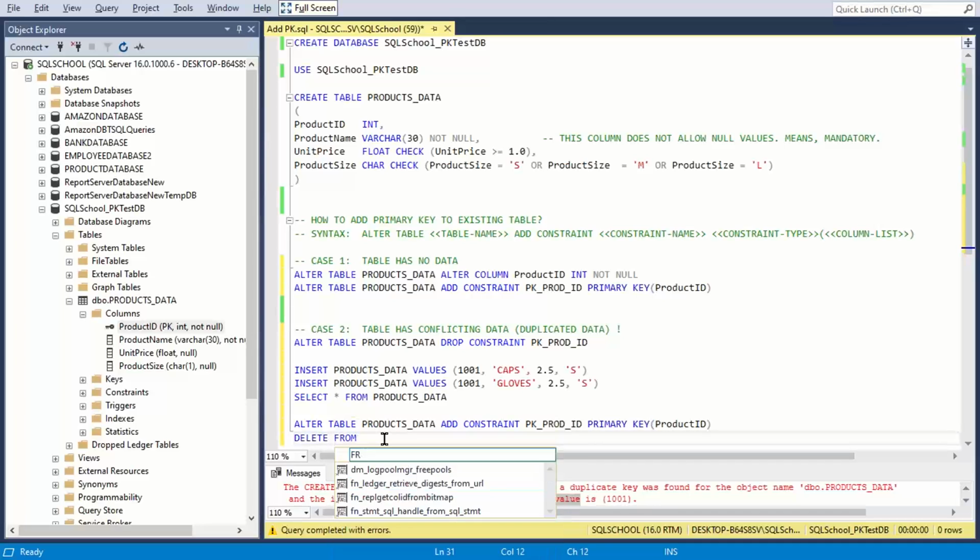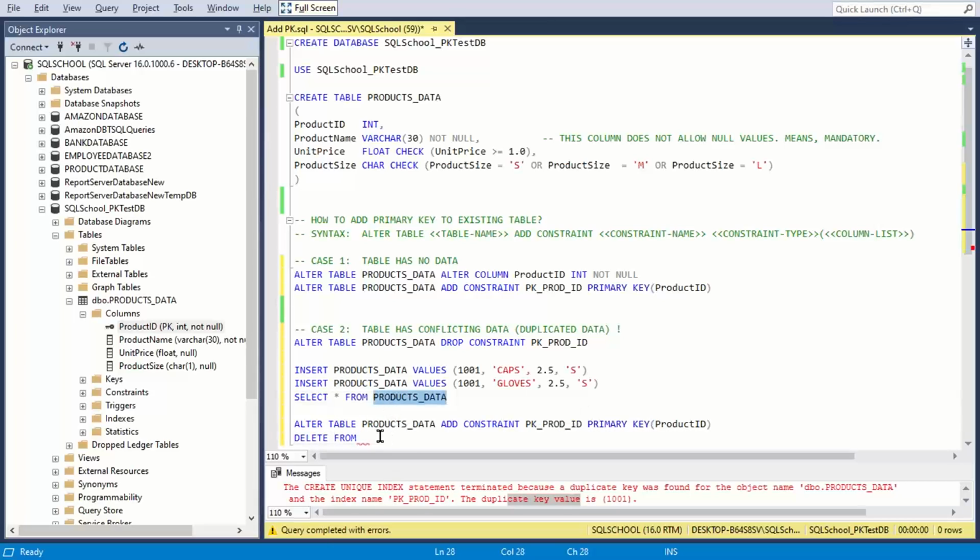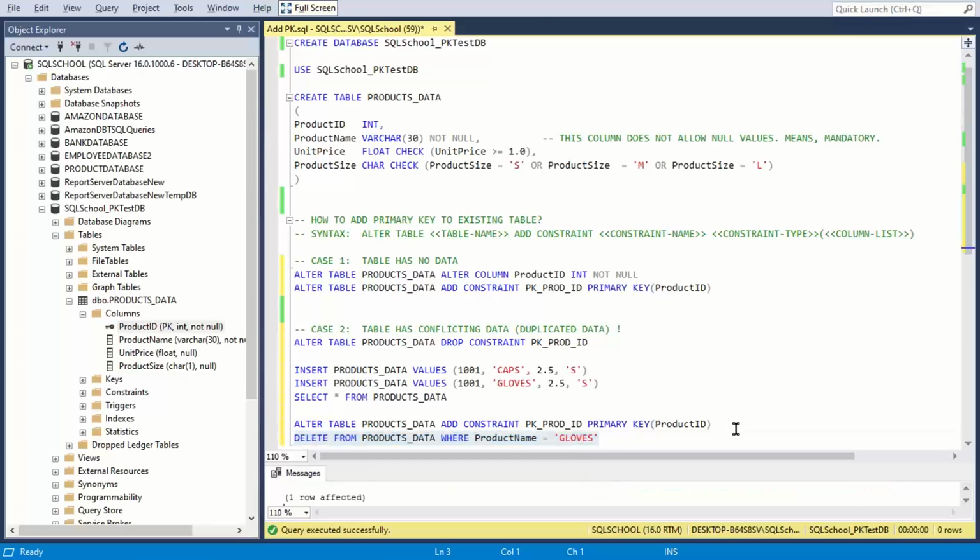For now, delete from table name where product name equal to gloves, for simplicity's sake. Then what you do? Yes, you have to alter table, add the constraint.